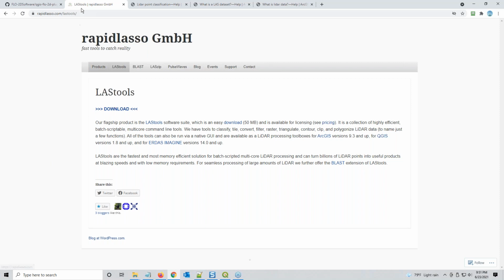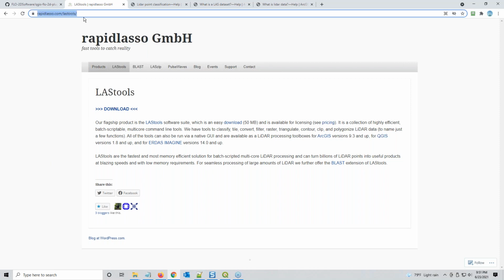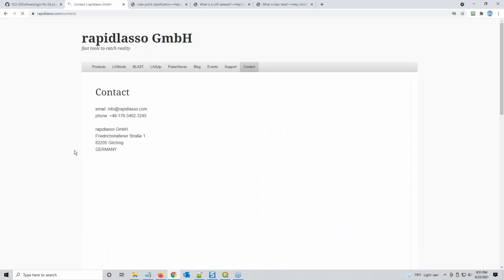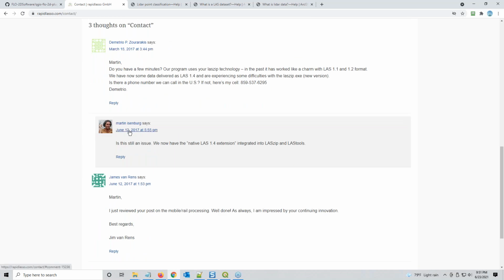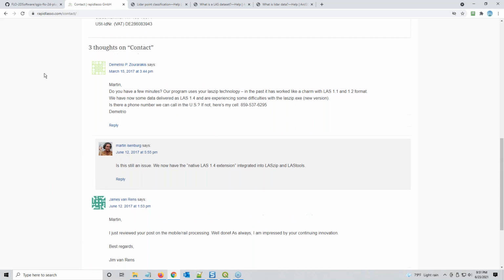So we need LASTools. LASTools is a program. You can get it online from rapidlasso.com. Let's see if I can remember who created this tool. Martin Isenburg is the developer of this tool, and it is really awesome. Now there are plugins for both QGIS and ArcGIS that will also use some of these tools in LASTools, but